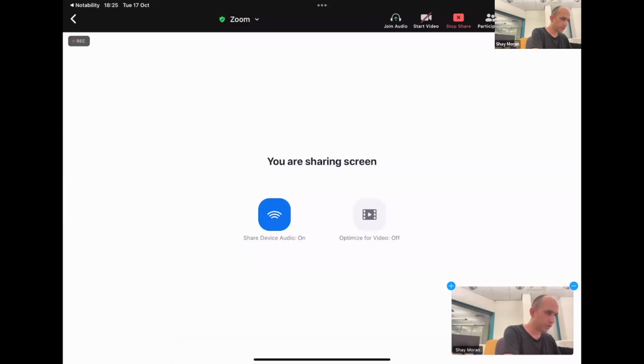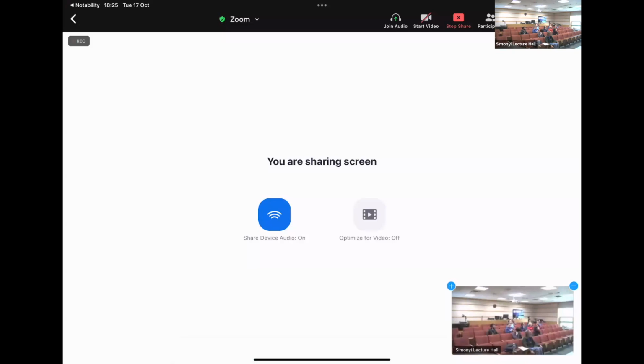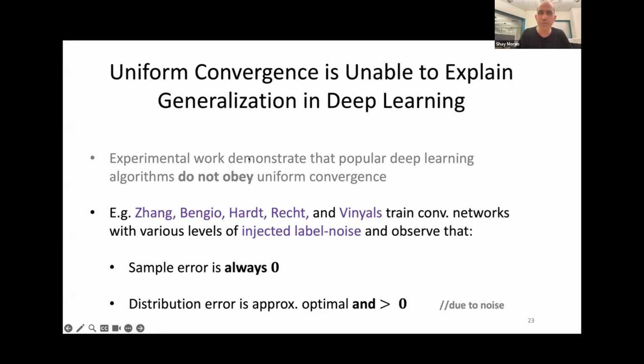Okay, how do I stop? I'm trying to, okay, share screen. So who analyzed this? Just a sec. I'm not sure, Avi. I think Cover has one proof, but I don't know who was the first to analyze. I don't think Cover was the first. Cover was not in the 50s. Yes. So I think it's before.